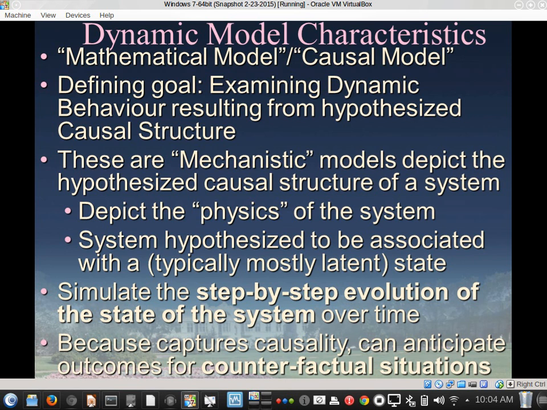So they have maybe many people depicted, and they depict my interaction with you and your interaction with me, and me saying something nasty to you and you responding in kind and increasing my stress levels. They help us simulate over time how different people in the system, all across the system, are evolving together in their interactions. And because they aspire to capture our hypothesized causality of the system, how it works,